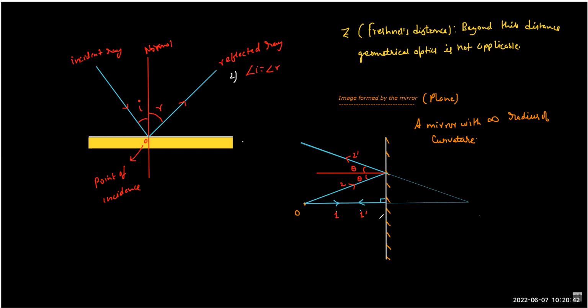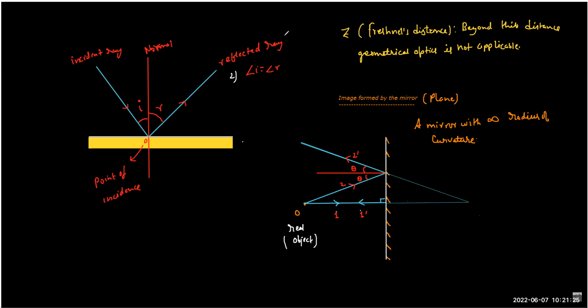And if you look at the incident rays as received by the mirror, I hope you can see this. This incident ray is coming and hitting here, and this one is hitting here. At these two points, if we trace back the incident light, it will come exactly at O. Correct? You can see. Yes. So by retracing the incident rays, we can come back to O. It means O is which kind of object? Real object. We have discussed this about real and virtual. So this is the real object. Why are we calling it real? Because we can come to the point O by retracing the incident rays.